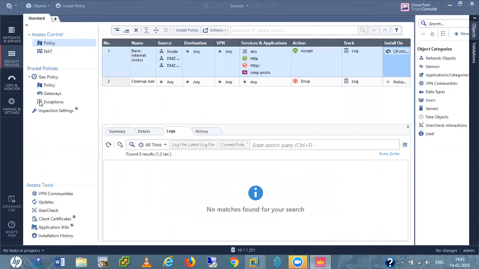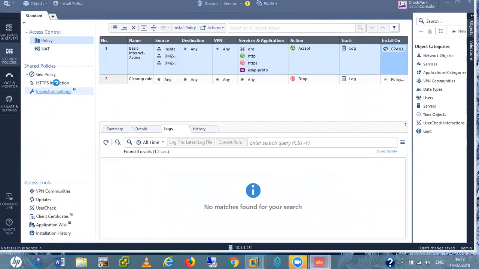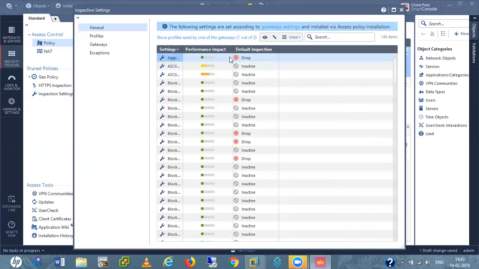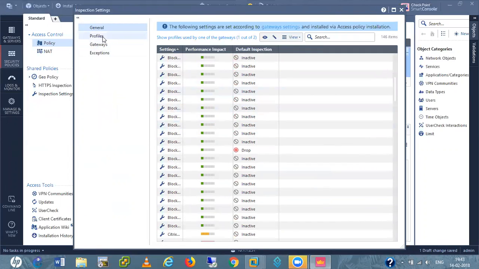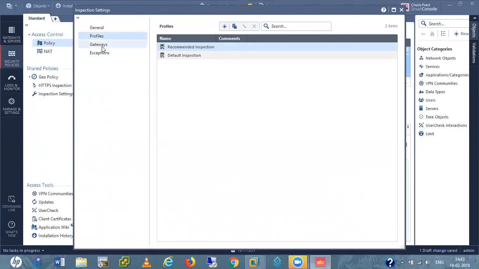As I enabled HTTPS inspection, I get this tab here, the inspection settings. If we go into inspection settings, we get these things: profiles, gateways.